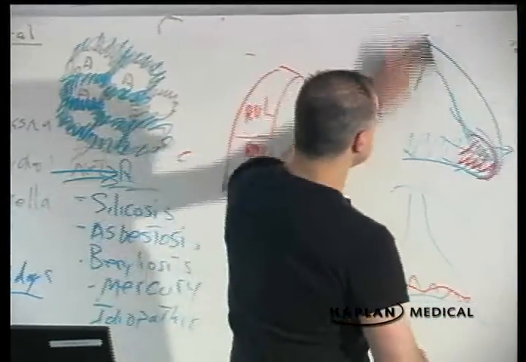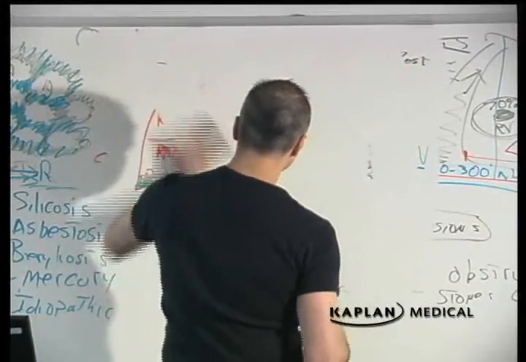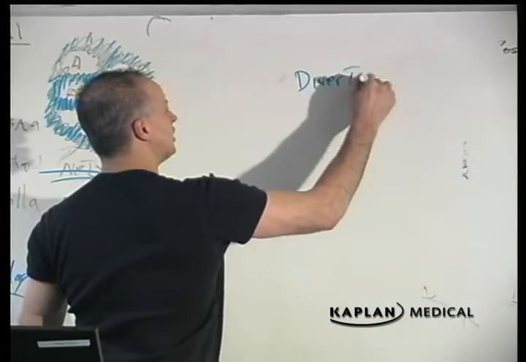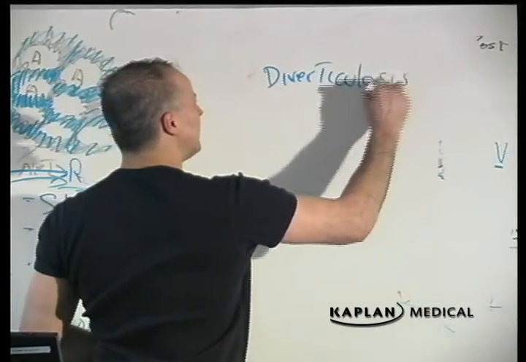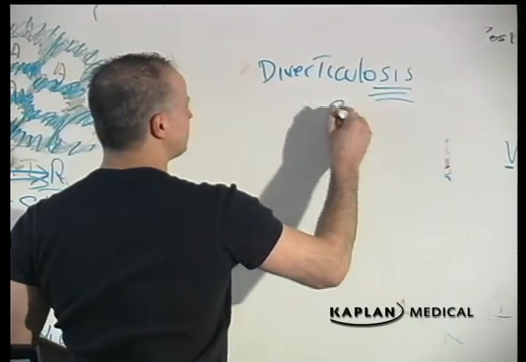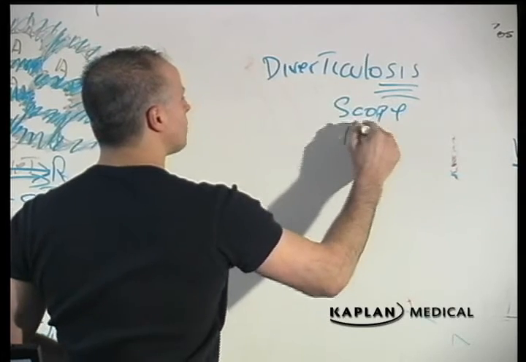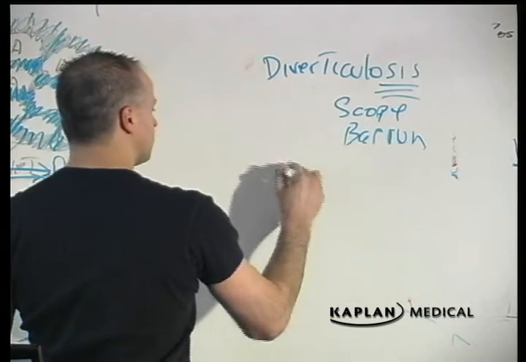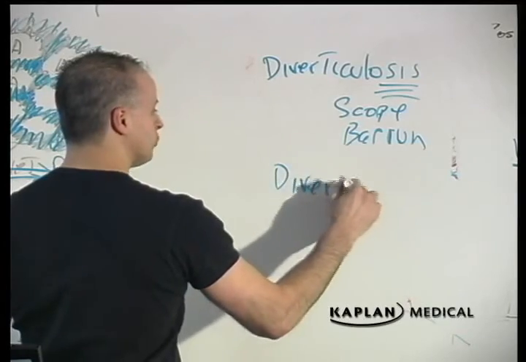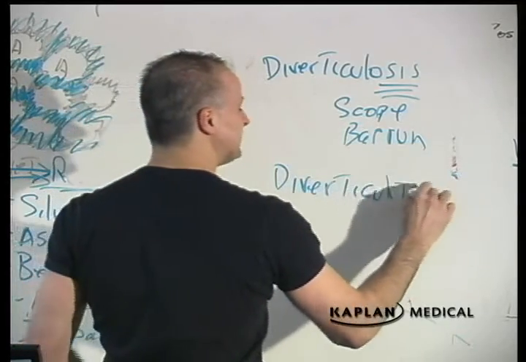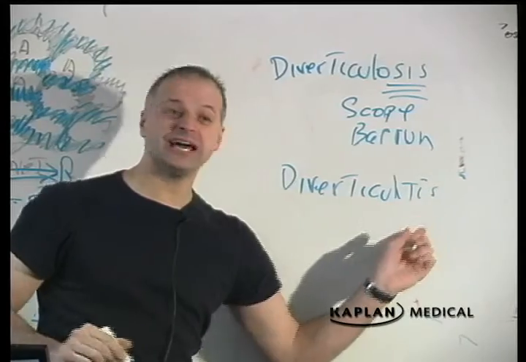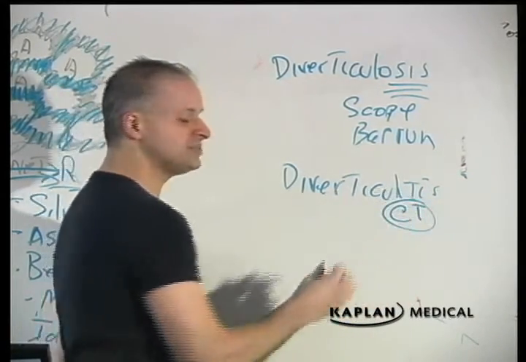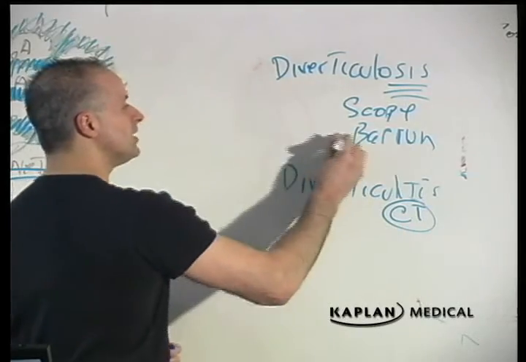And the answer is that diverticulosis can be diagnosed with either endoscopy or barium. We should not be doing endoscopy or barium when we have diverticulitis. In diverticulitis, we should be diagnosing it with a CAT scan, because this barium study,